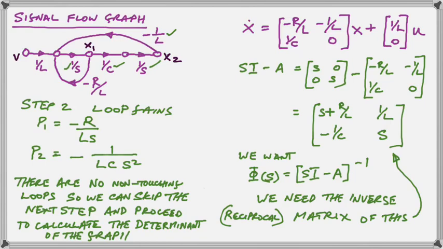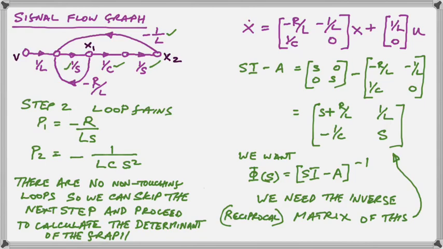If we had a non-touching loop, it would be completely isolated from the other loops. So if we have no non-touching loops, that simplifies everything, and we don't have to teach you about loops that are non-touching, doing more complicated signal flow graphs at this point in time. So all we have to do now is to skip the other step and then find the final determinant of